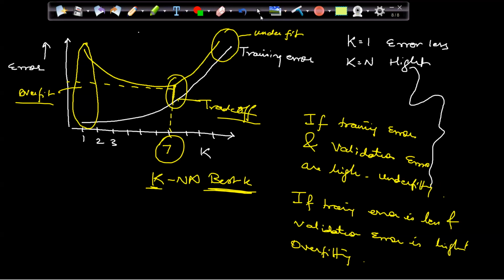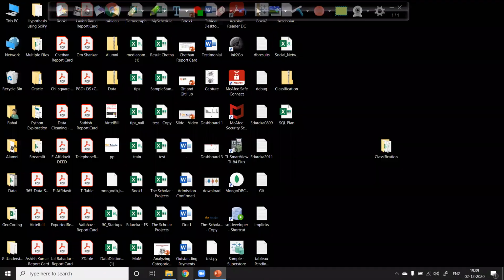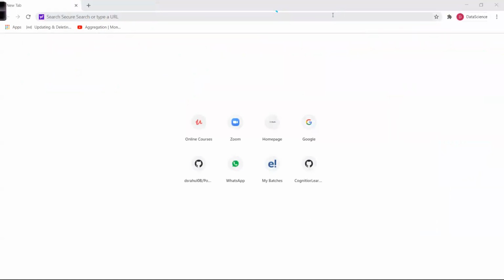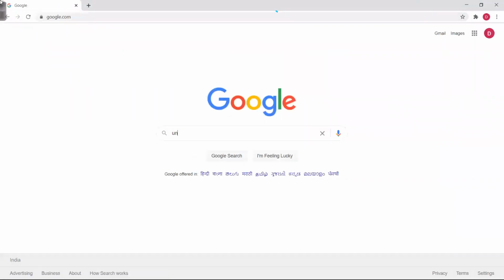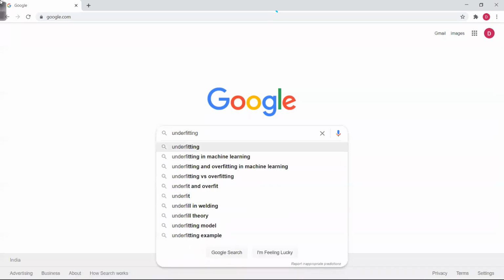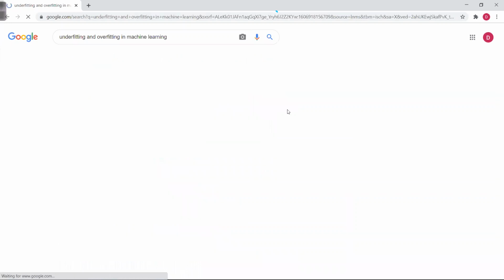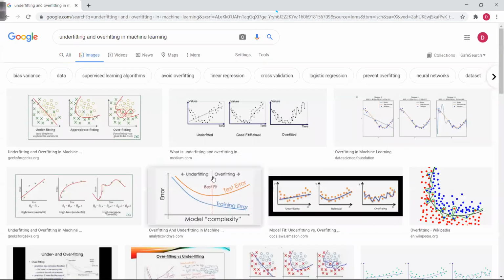If I go back on the Google, let's look for this type of images. Let's open that. So here we'll look for underfit, overfitting in machine learning. Let's go with some images. You can see we are getting this image.